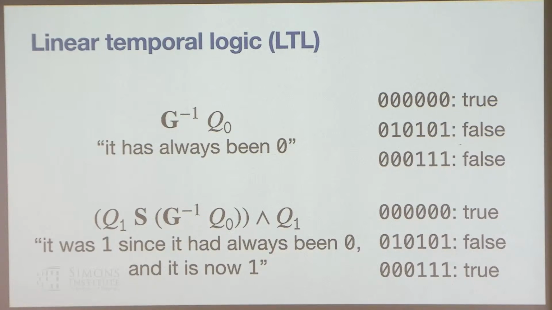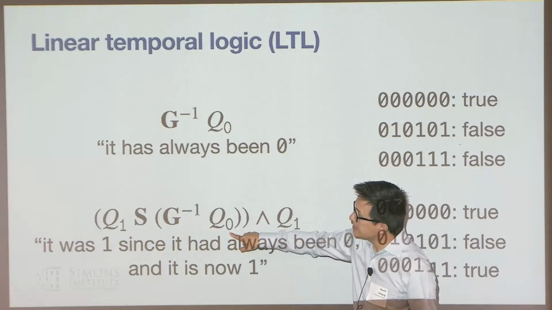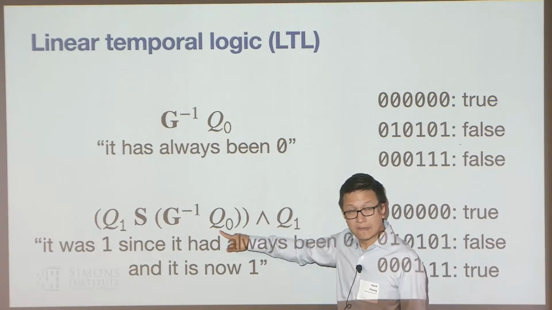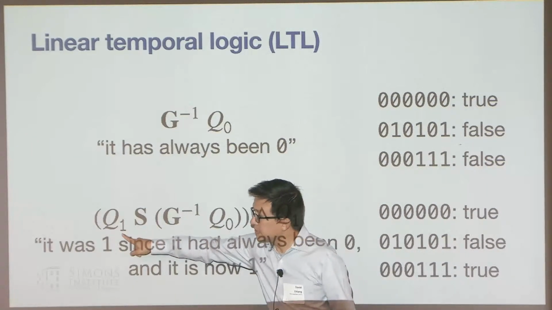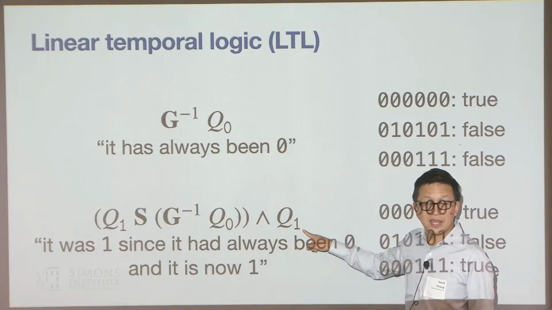Well, why would that be? I wanted to get 0 star 1 star. Wait, I'm a bit confused. If you're saying that would evaluate true, why is the second formula evaluating false? I guess I'm trying to understand the quantifier in this G minus operator. Yeah. So this says there's some point in the past where it was all zeros up until that point. Okay, and ever since that point, it's been all ones, but not including the present time. And then this last bit is to assert that at the present time it's also 1.